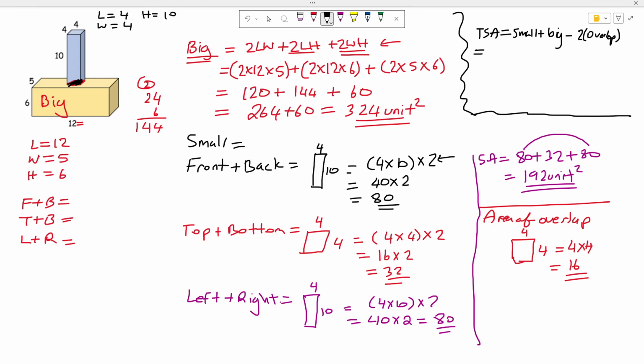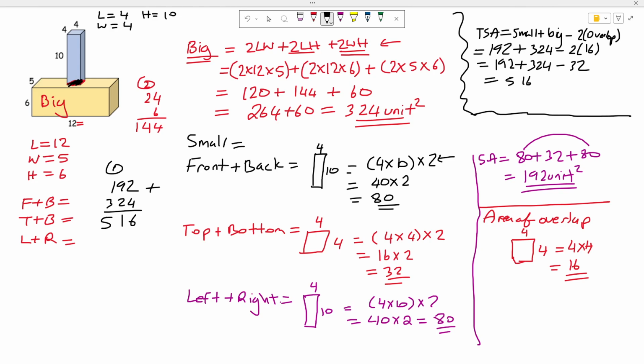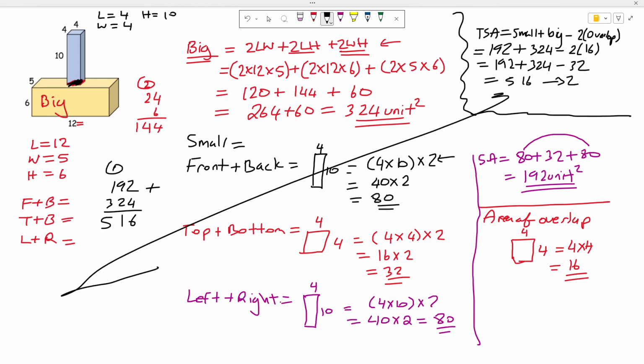So now let's put it in place. The area of the small rectangular prism is 192 plus the area of the big rectangular prism is 324 minus 2 times our area of overlap. So 2 times 16. So we have 192 plus 324 minus 32, right guys? Now let's do our addition here. So we have 192 plus 324. So we have 6. 9 plus 2 is 11. 1 carry over, which is 5. So we have 516 minus 32, which is equal to